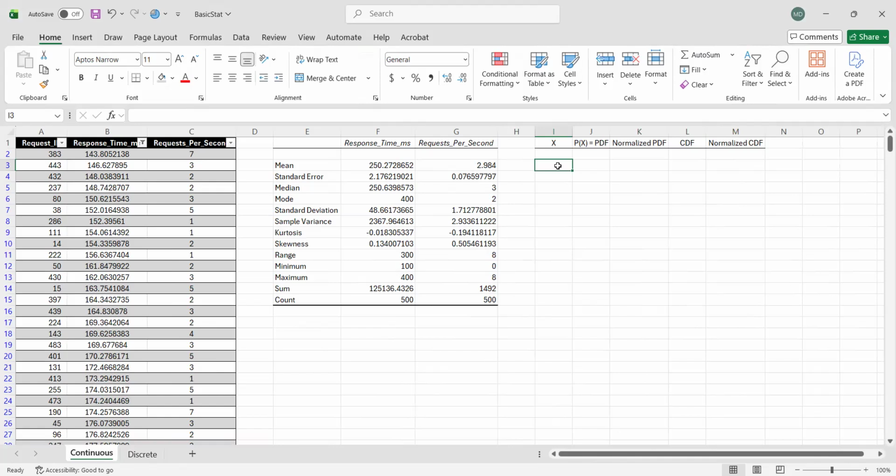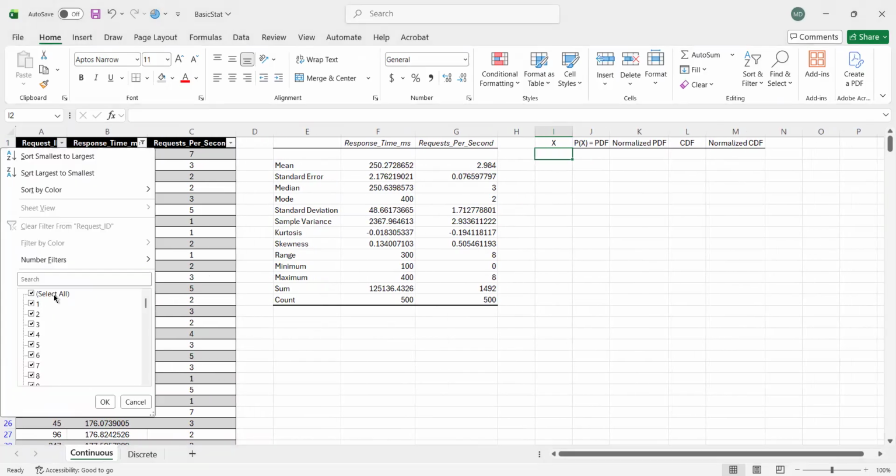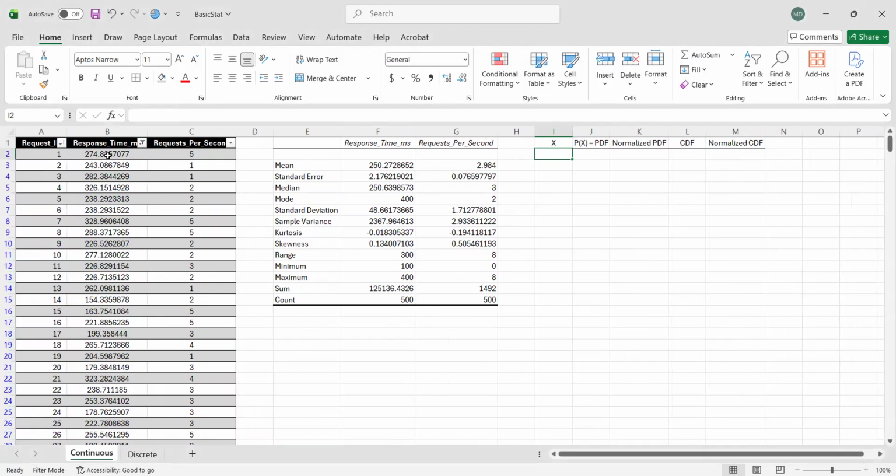Okay, so now for this table, since we are dealing with discrete values, we can list down all the possible values.